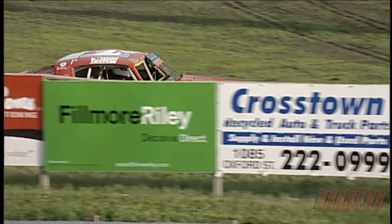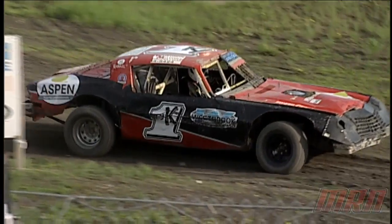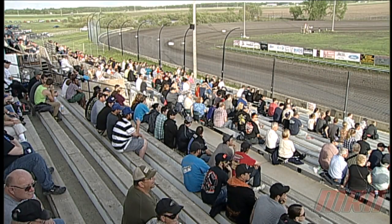A little lighter this year on the street stock class. There's only 10 cars racing in tonight's action, so we got 2 heat races of 5 cars apiece. So let's